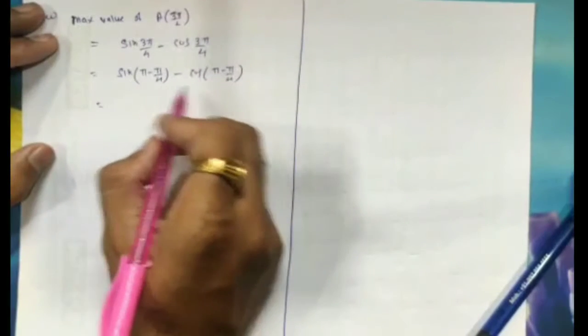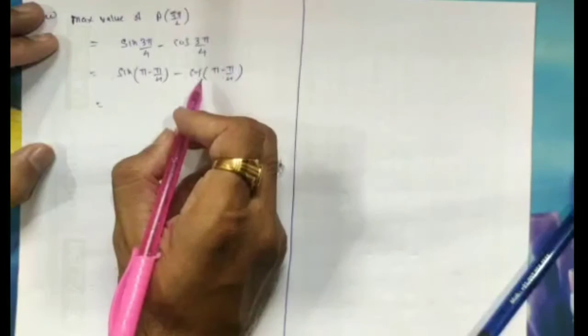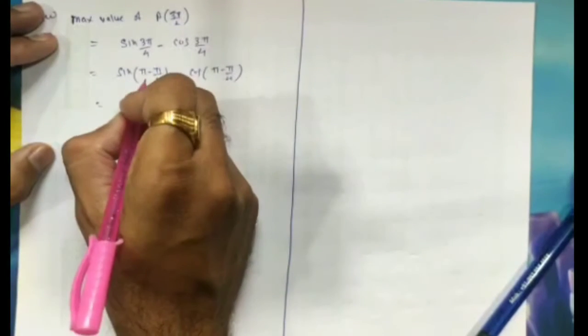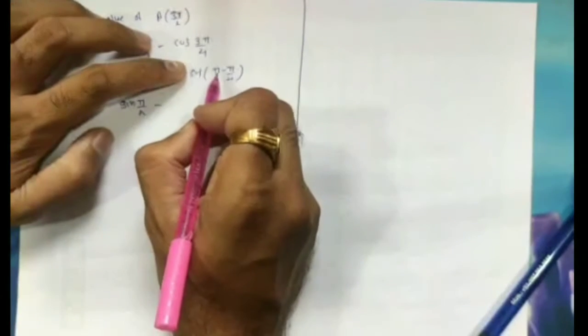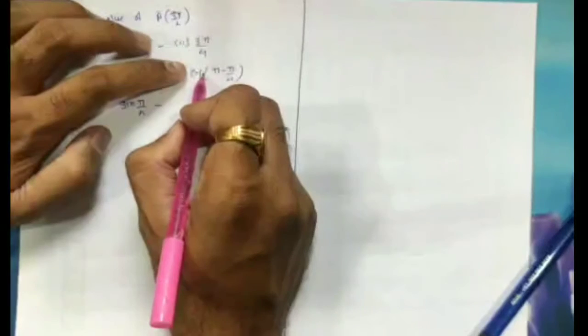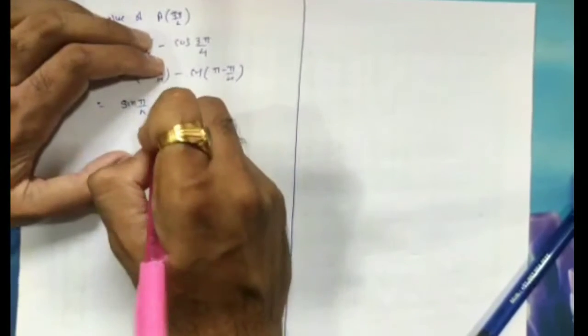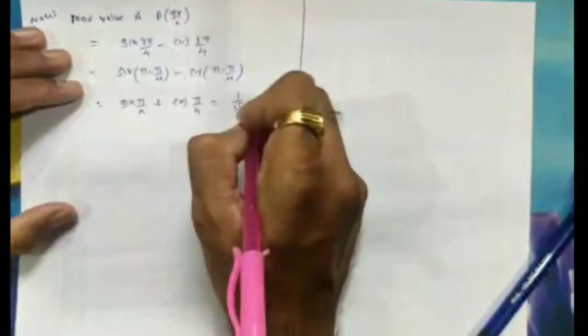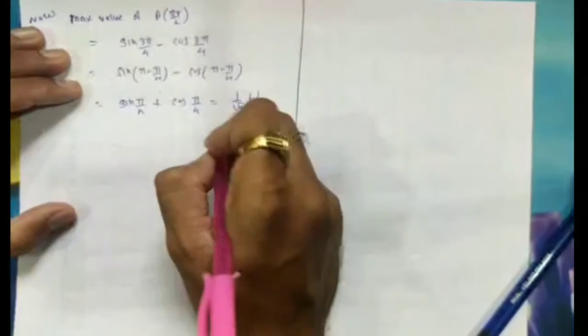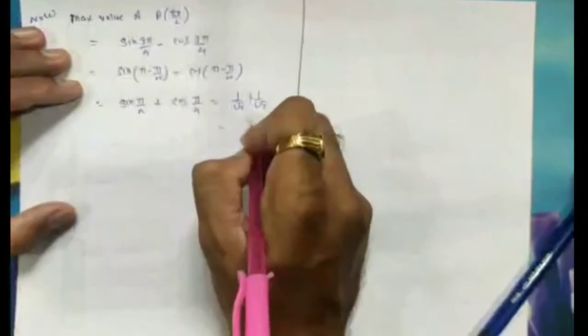So this is sin pi by 4, this is minus, minus, minus, plus, right, pi minus pi by 4, so the sign will be positive. So it's sin pi by 4 minus... now cos of pi minus pi by 4, it will be in the second quadrant, cos will be negative. So negative sign is there, so negative negative plus. This is again cos pi by 4. Put the values: 1 by root 2 plus 1 by root 2, 2 by root 2, which is equal to root 2.